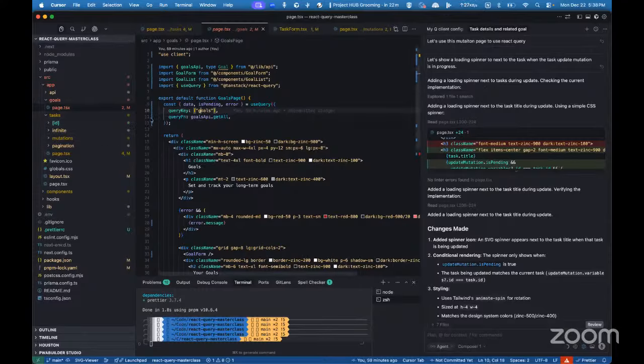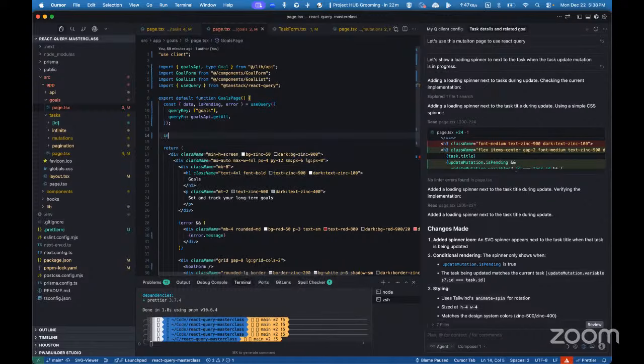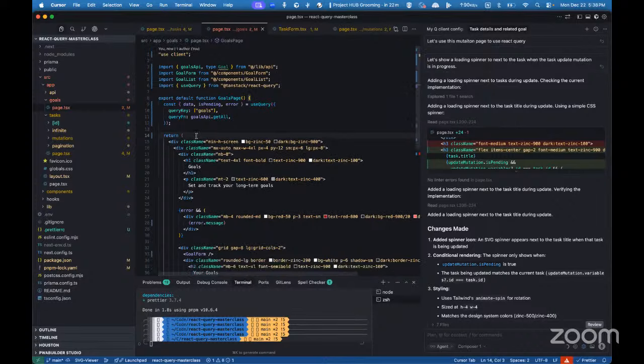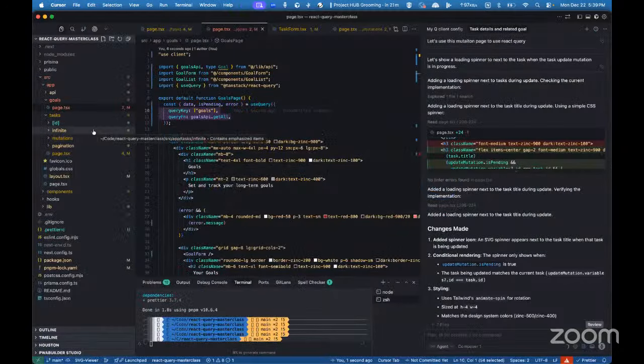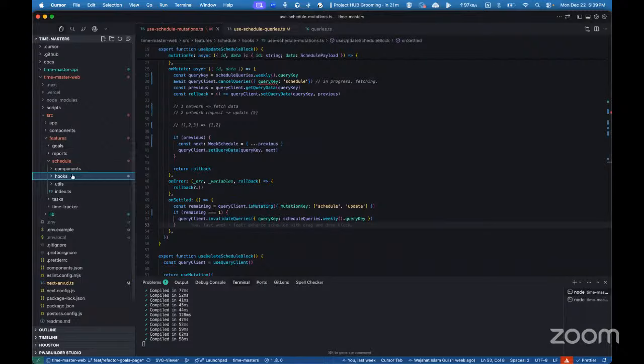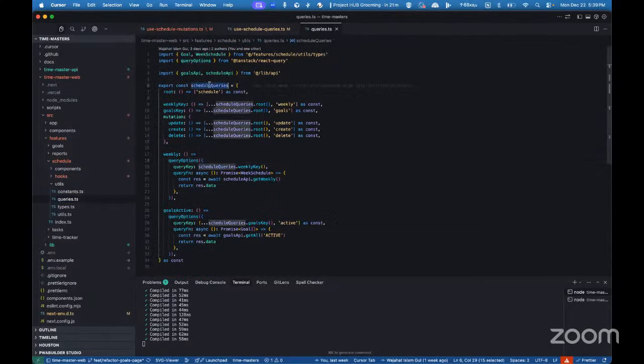और फिर फॉर एग्जांपल अगर हमारा गोल्स का म्यूटेशन वाला पेज होता तो हमें उसमें यूज़ इनवैलिडेट क्वेरी करनी होती, फिर उसको हमने ये क्वेरी की देनी होती, ताकि गेट की दोबारा कॉल हो जाए फ्रेश डाटा के लिए। तो अब ये चीज़ मल्टीपल जगह पे डुप्लीकेट हो रही है, तो उसके लिए हम क्या करते हैं, हम इसका एक सेपरेट लेयर बना लेते हैं। दैट लेयर हियर हुक इज, हुक भी बना सकते हैं।